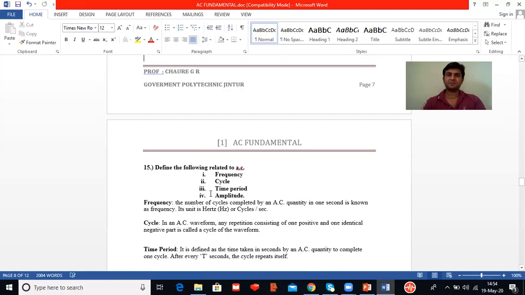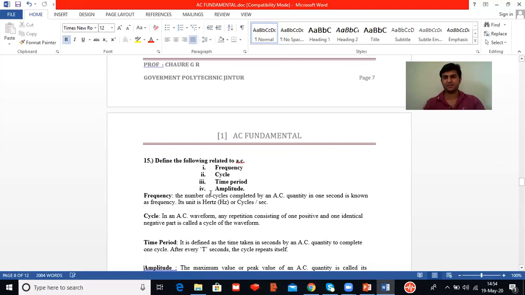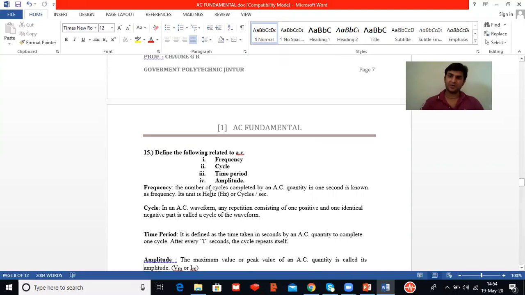We have seen the three types of powers in case of an electrical circuit. First is the active power, defined as the product of voltage, current and the cosine of the angle between voltage and current, which is measured in watt, kilowatt, megawatt and gigawatt. This power is actually utilized by the circuit. Reactive power is not utilized by the circuit, and it is given by the RMS value of voltage and current multiplied by the sine of the angle between voltage and current.